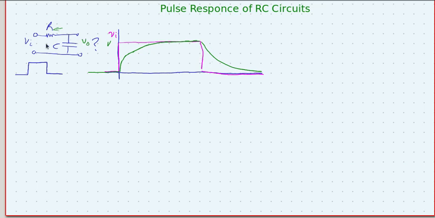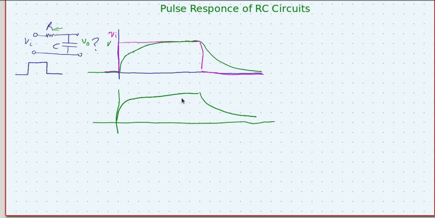So again, same way as it is discharging, in the beginning there will be large current, so faster change, but as the capacitor discharges, the voltage across capacitor reduces, and hence voltage across resistance reduces, and hence current reduces, so discharging slows down, so keeps slowing down and down and down. So that's the final output we are going to get when we have a pulse as input to the circuit.